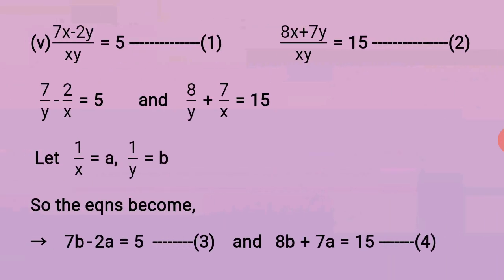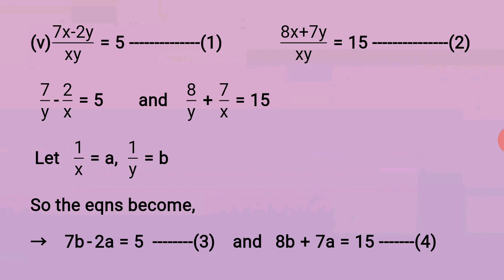The fifth sub question has denominator as xy. So what we have done here is we have written that entire x minus xy separately for 7x and for 2y separately. So when you give the denominator to both the terms, you get finally it as 7 upon y. X cancels. Minus comes in between and 2 upon x, y cancel, equal to 5.